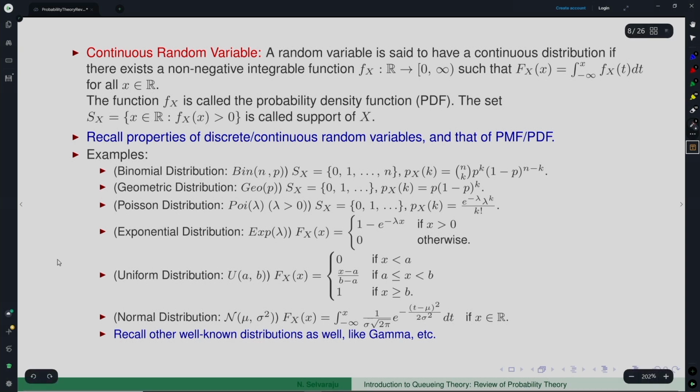Of these, the most relevant, if we are doing discrete time analysis, will be the discrete time geometric distribution, and of course the Poisson distribution would also occur even in continuous time. In continuous time, we will mostly be concerned with the exponential and gamma distributions as the most important ones that we would require, and the Poisson distribution also arises naturally in between. So, some of the well known distributions you can recall, and this is the notation that we are going to use to represent such distributions.